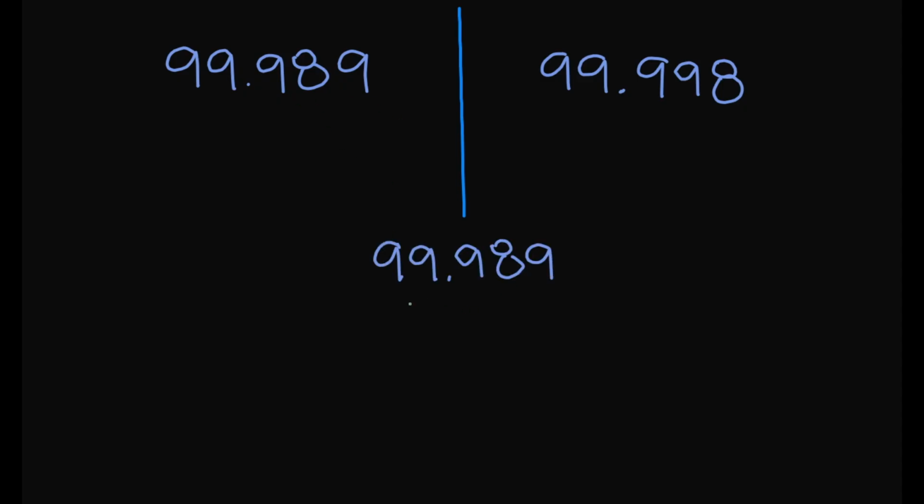99.989 and 99.998. Our 9's are the same. Then we have 9's again that are the same. Then we have 8 here and 9 here. So that means that